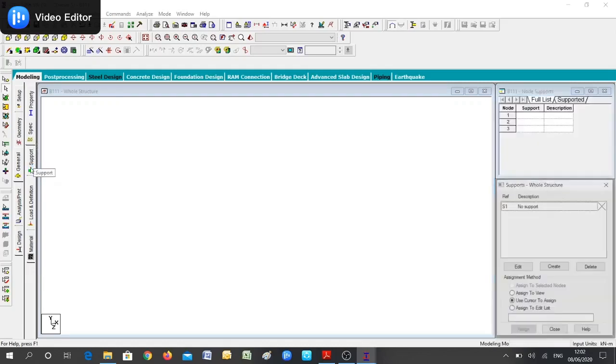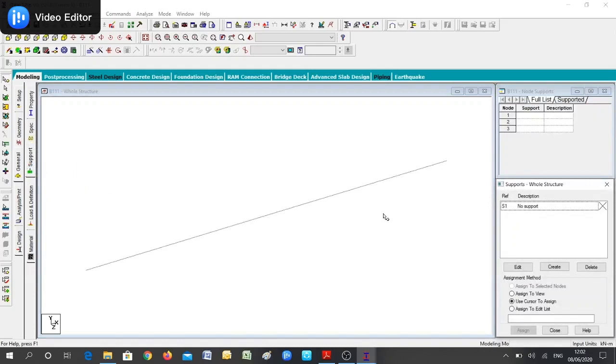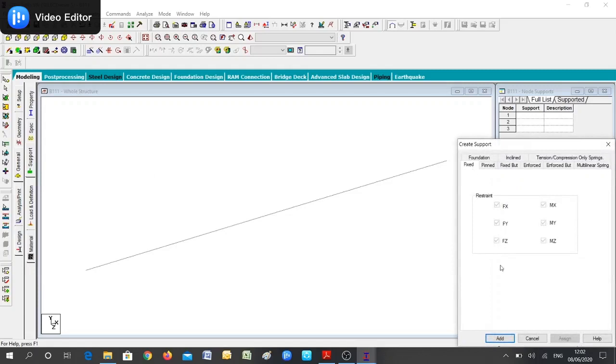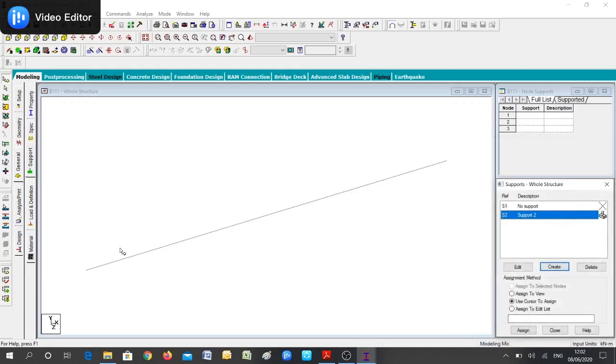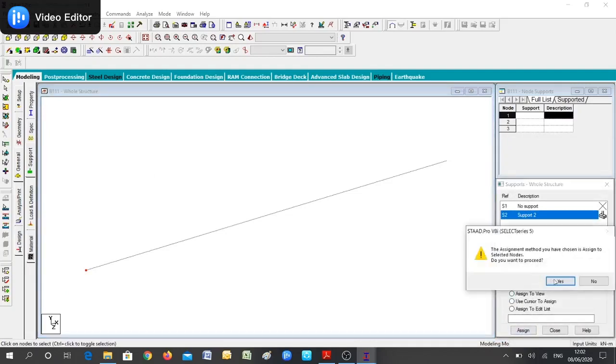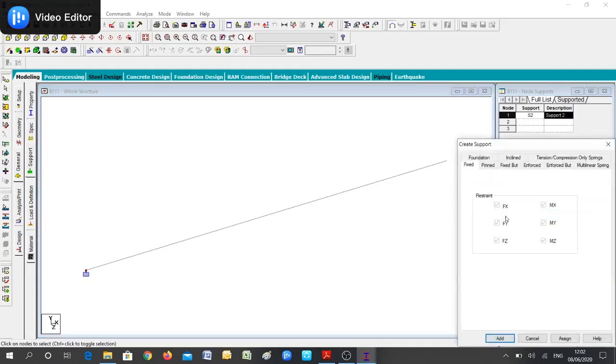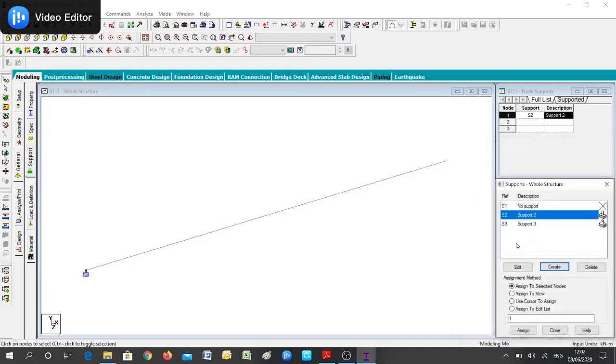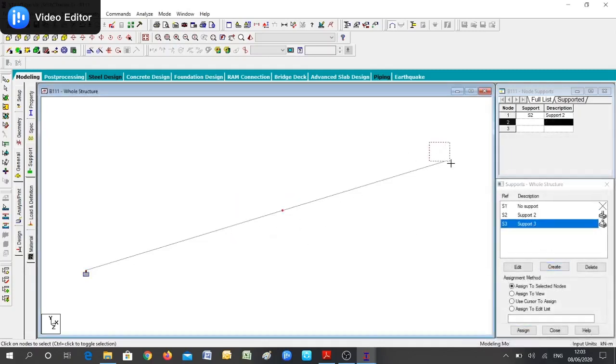Next, we'll go to supports. Under supports, we have to define what type of supports we have. So I'll click on create, fixed, add. Take this fixed support, assign to selected nodes. Again create, pin, add. Take this pin joint, select both the points by holding control, assign to selected nodes. Click on yes. After we have given the pin joint supports,